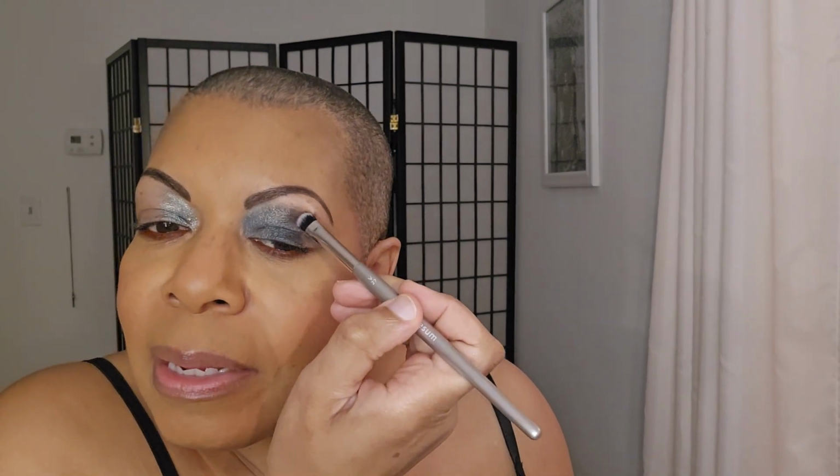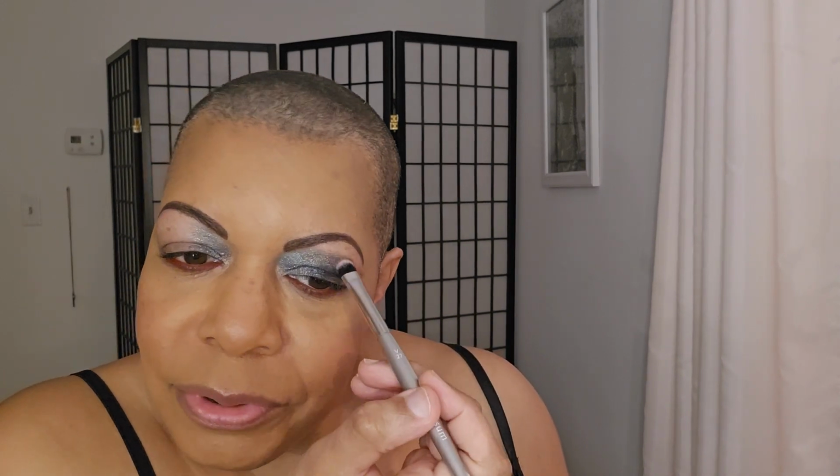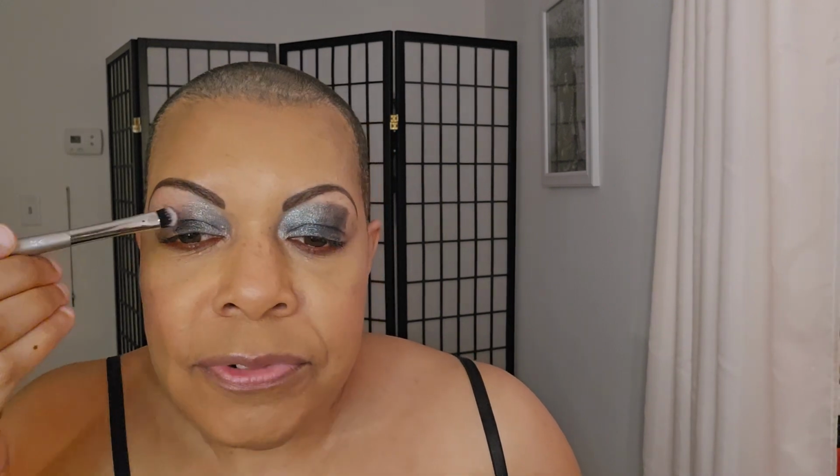Like, do I just hold on to them for a just in case? And even though some of the palettes are good for travel, I don't travel that often. And so they are easy for pickup, do a look, but how often am I going to do that? And there are some that I do favor over others because of ease of use, as far as not being messy. I don't have to be like, okay, let me not take this brush. If I'm going to take this palette, I need to use these brushes because of the formula, that type of thing. And so I'm just really thinking about